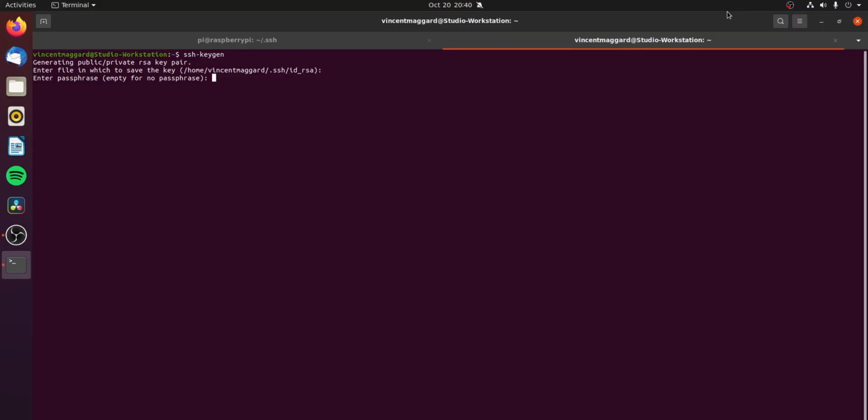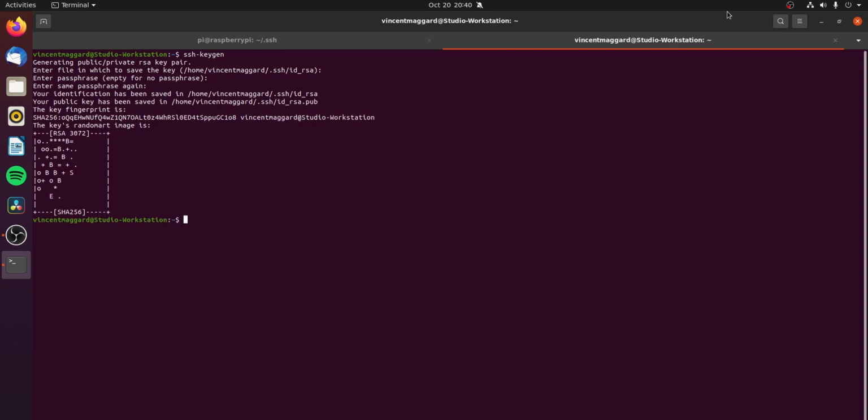For stuff like this where you either need to be automated or you just want it to be where you can just log in, in your terminal, hit enter, and immediately you're good to go, and you don't have to enter a password, you want to select no passphrase. In that case, simply hit enter. Again, we're going to hit enter again, and there it is. And I've successfully created my key.